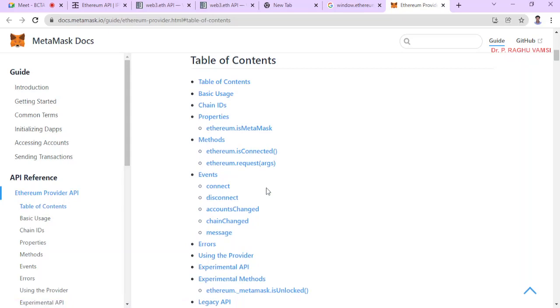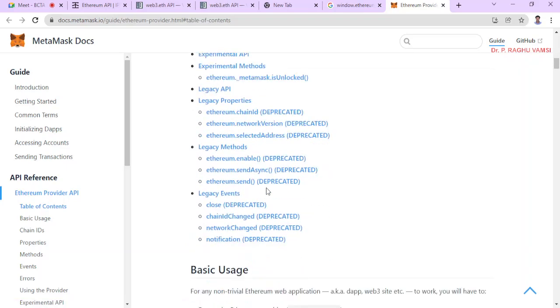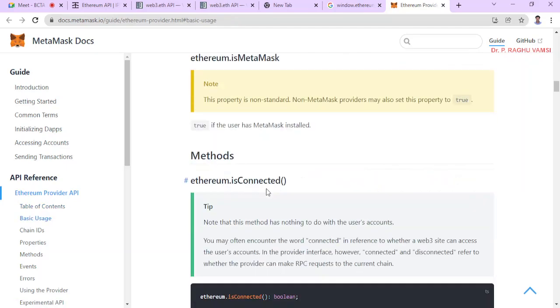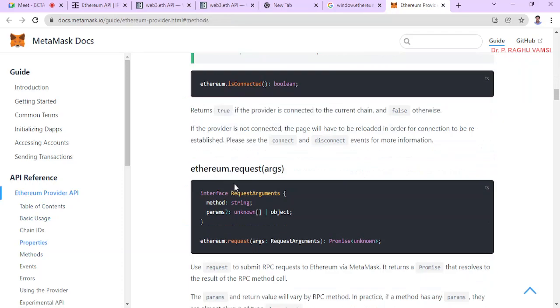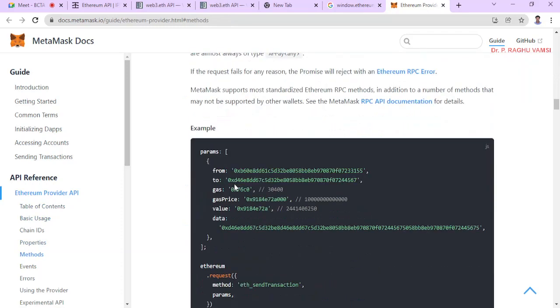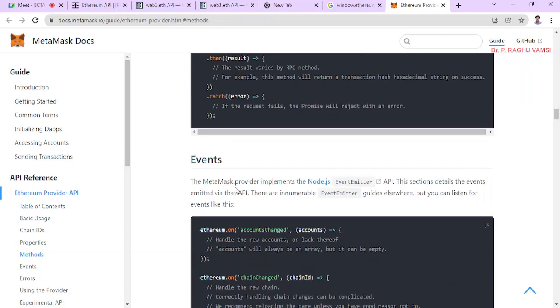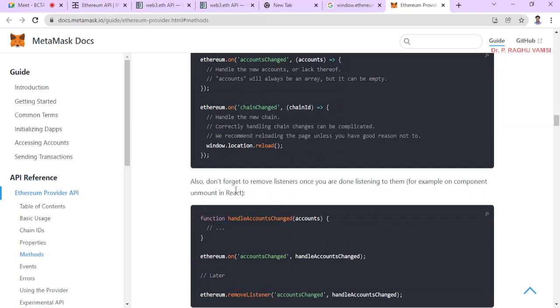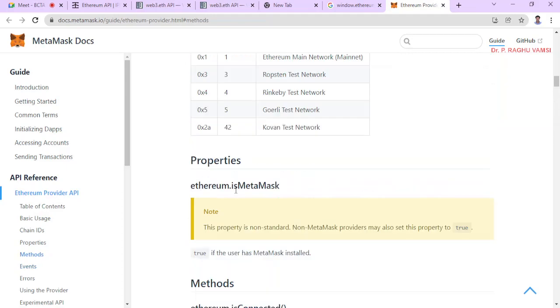In the same way, we'll use this particular MetaMask plugin. So that is the reason we call it the injected Web3. Here we look at whether Ethereum is connected or not. All these events and all the functions and APIs we use with Web3.js, the same type of functionality we'll also use here with the help of MetaMask.